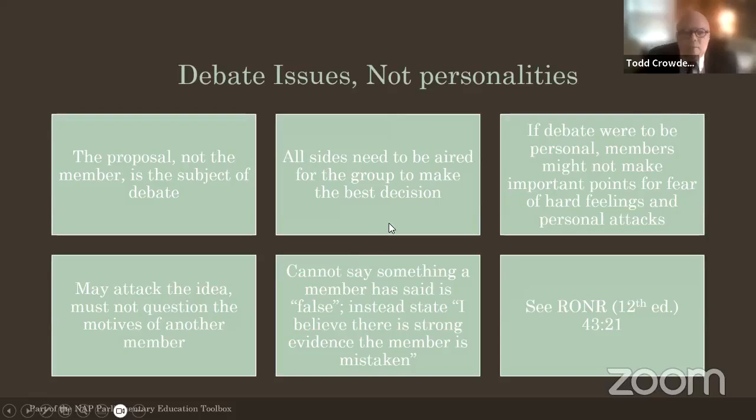Now, this would be a good time. I'm wondering if anyone in the audience has any stories they can share about a time they have seen someone go too far in debate. Don't quote them if they use foul language, but if you have any story of a member who had to be reined back in at a meeting, I would like to hear it. Use general terms. Don't name anybody, but I would like to hear a story of a time that you had a tough member. Anybody got one? Oh, I've got a ton.